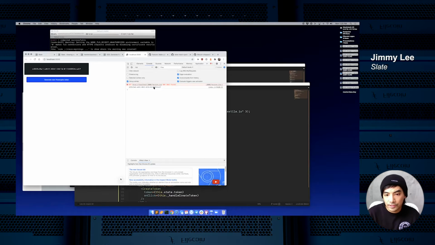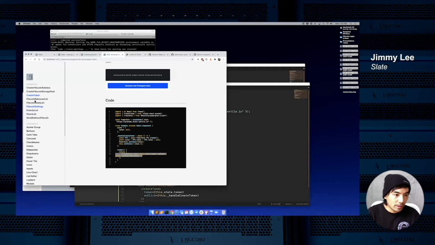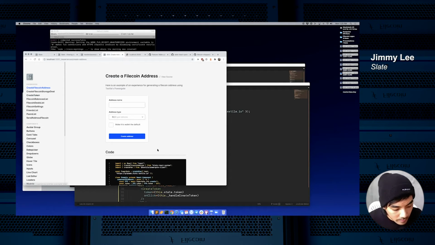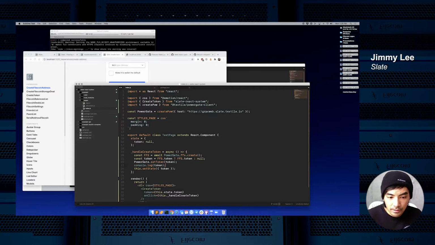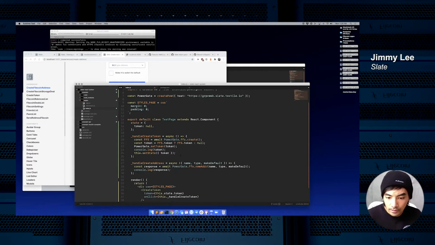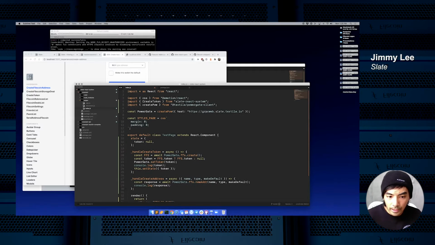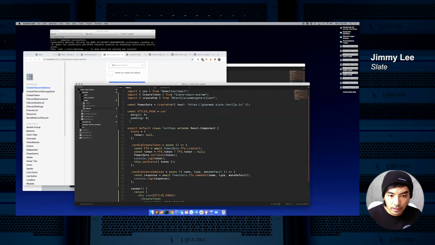I'm going to create a new Powergate token. And cool. With this token that I console log, I can do a lot of the Powergate features. If I go here to something else like creating a Filecoin address, for example, I can just take this component and follow this example. So I'll take this method right here, handle create address. And what we'll want to do as well is